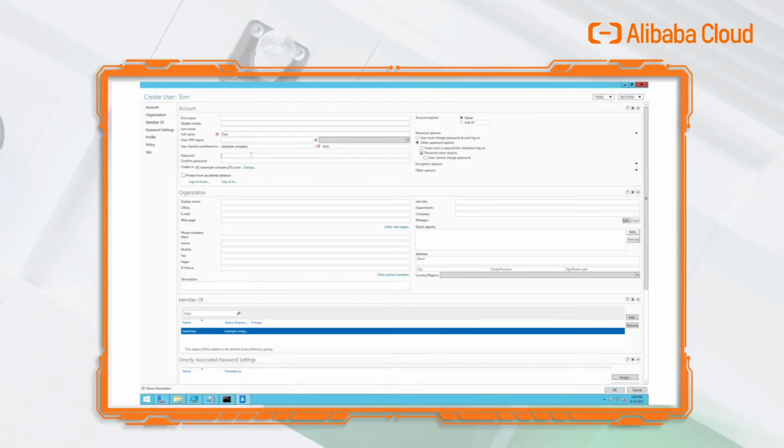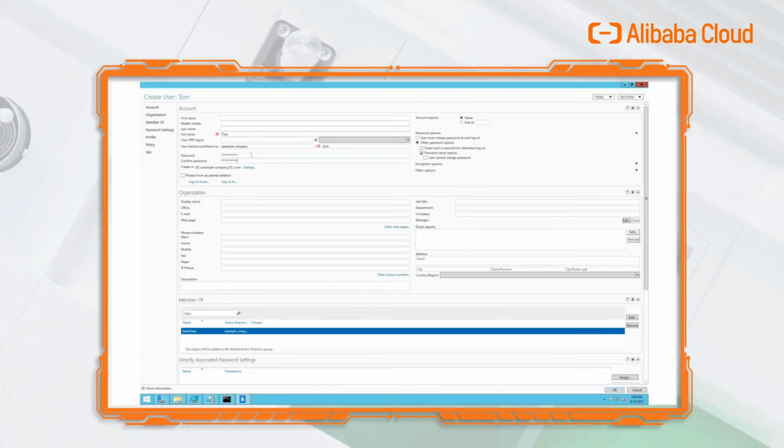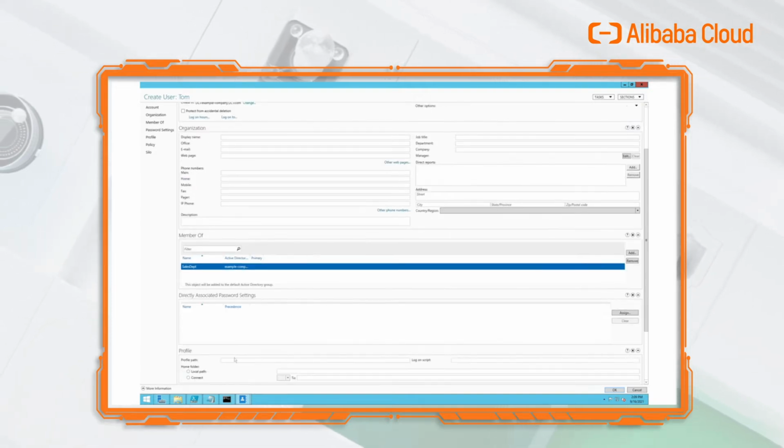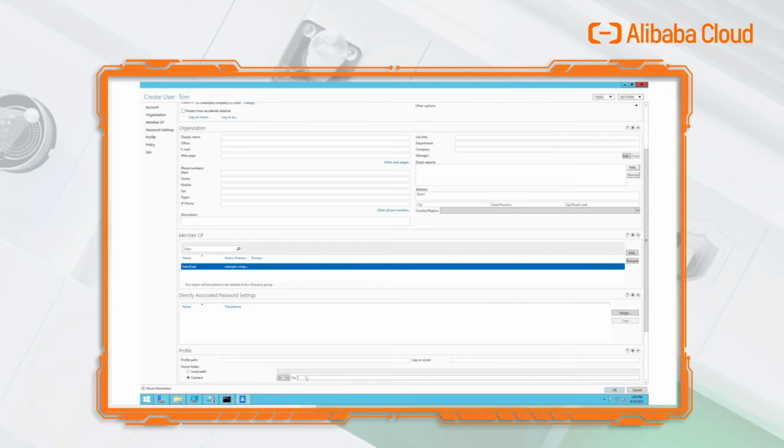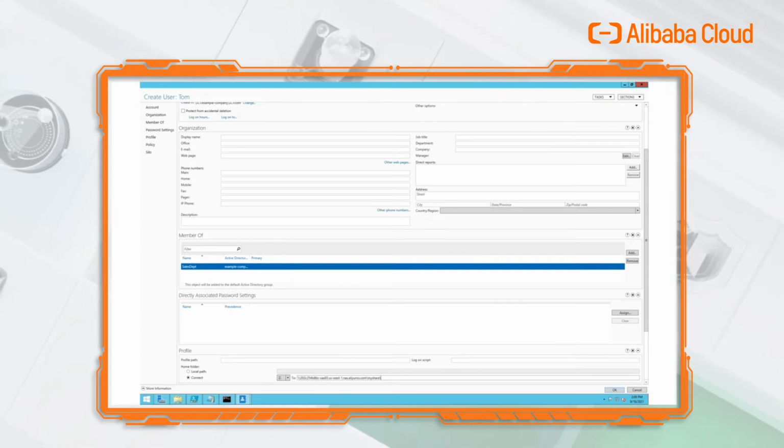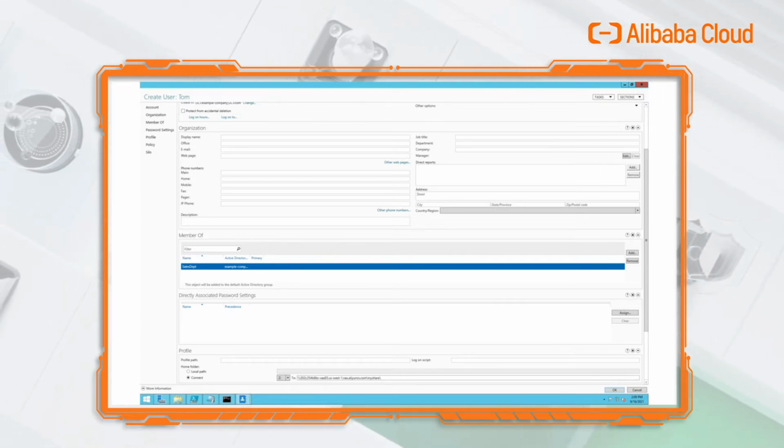The password. Click connect to the file share,